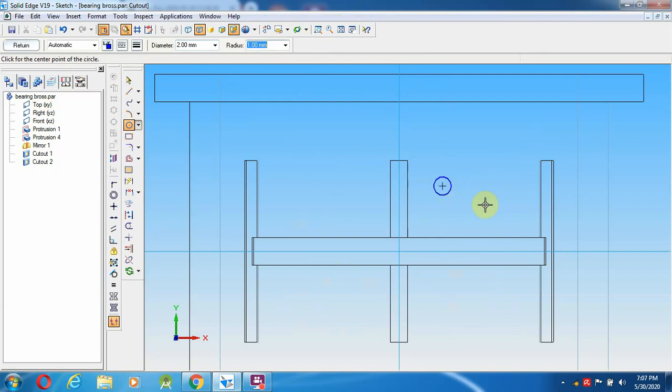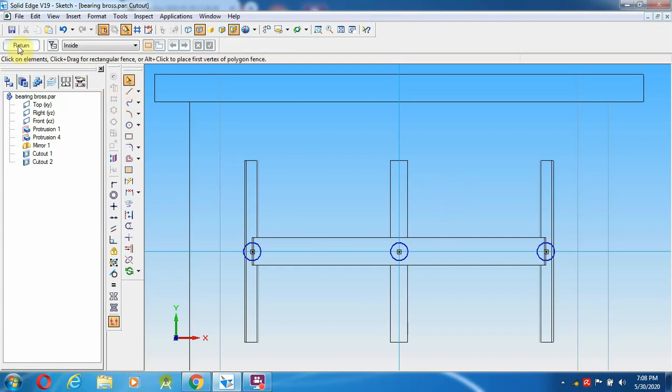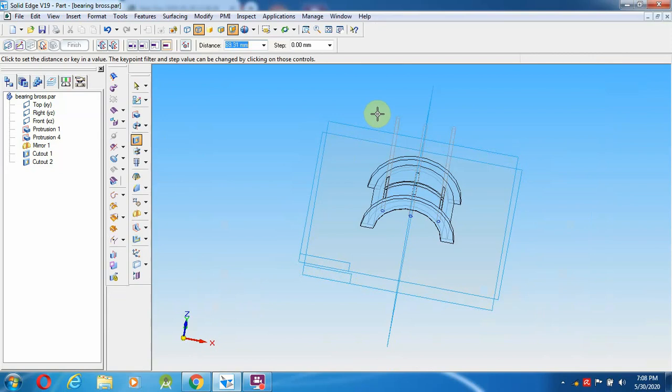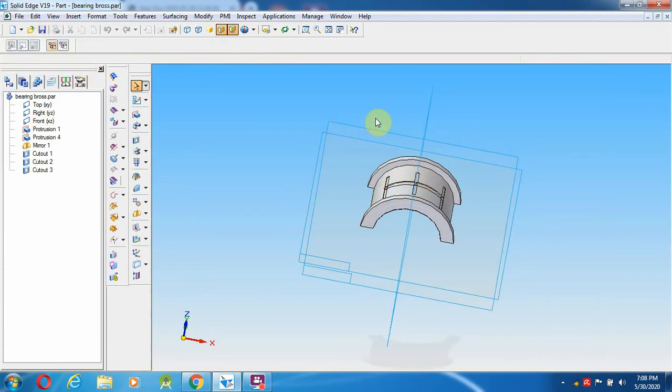2 mm hole going to place over here exactly in the middle and over here. So then this one I'm going to delete, so that this hole goes through. So from there I'm going to make full left and right click, so that hole has to be created over here. So this is the bearing bush shape.